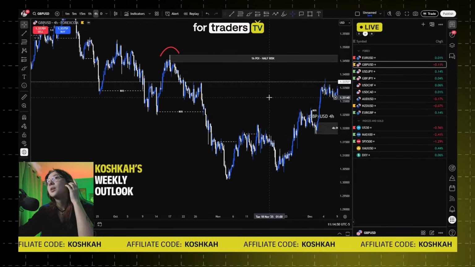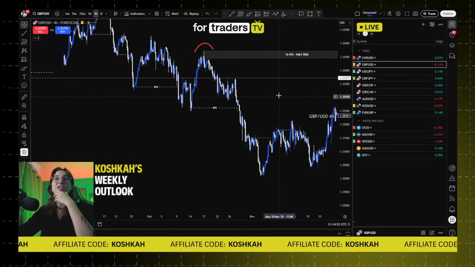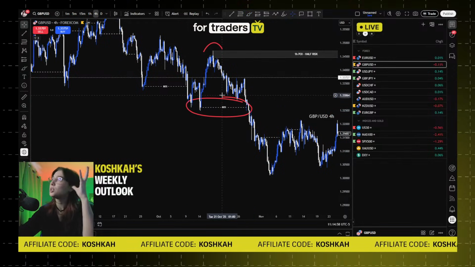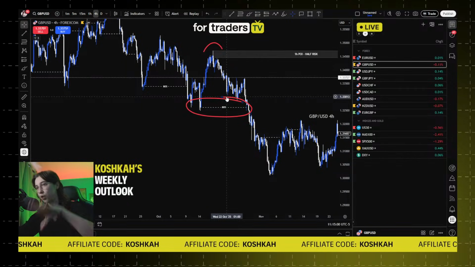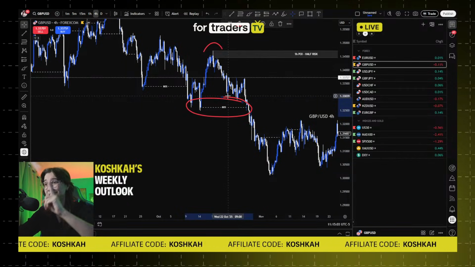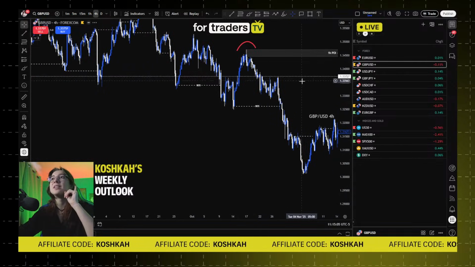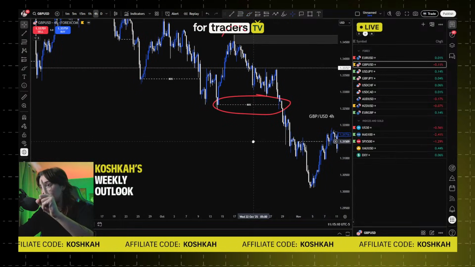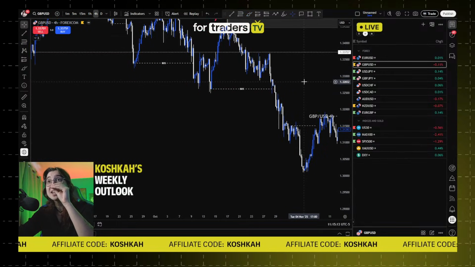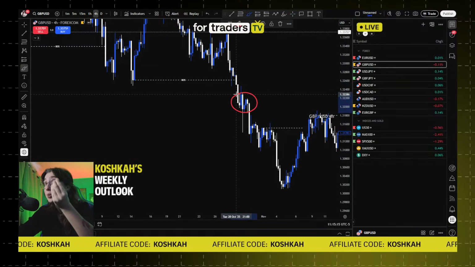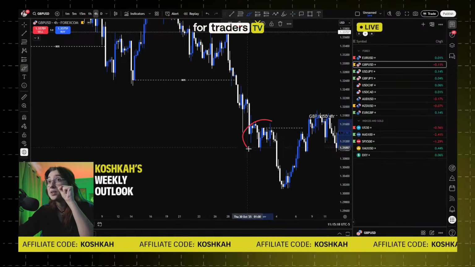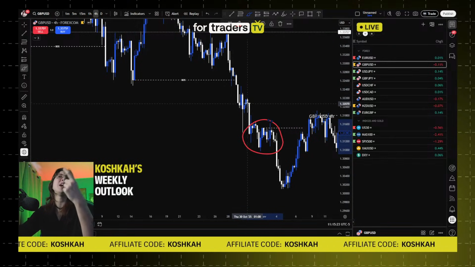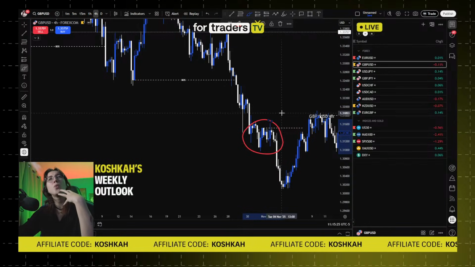The little difference is that this is still a break of structure to the downside. It looks like we're getting pretty much the same scenario as on Euro USD, but there is one little difference. As you can see here, we broke structure to the downside one time, but after that, price started to get pretty aggressive. We have a little pullback here and a little pullback here. So you will tell me, okay, but now price is getting more aggressive, so what do we do with that?